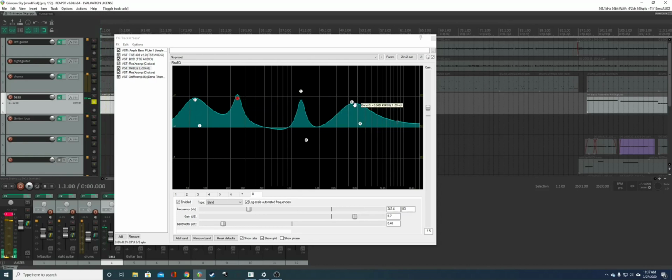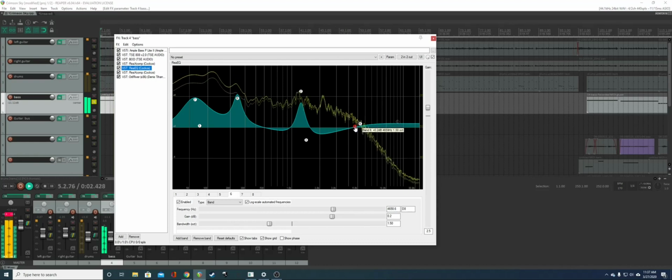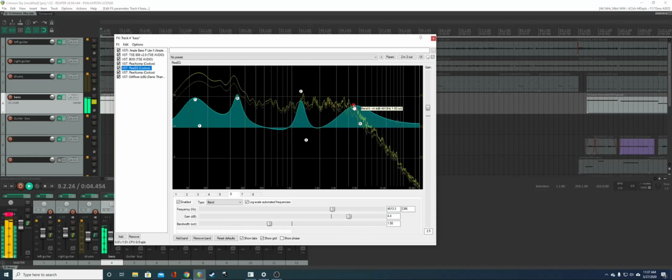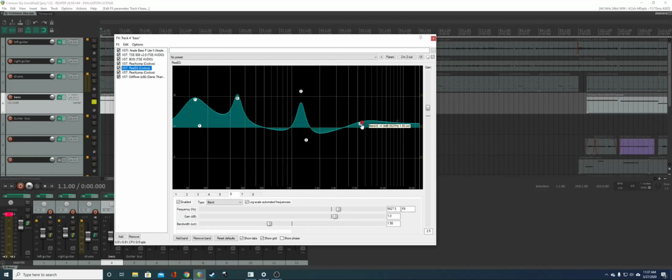So now let's talk about what's going on up here with the 4 kilohertz area. We have a large boost again, another 5 decibels. Now this is the area that's going to make it prominent in our mix, okay? We got the juice, we have the body, and we have the bass area that fills out the bottom end of the mix. Now we want to focus on being able to hear the individual notes and the articulation in it. So without it,